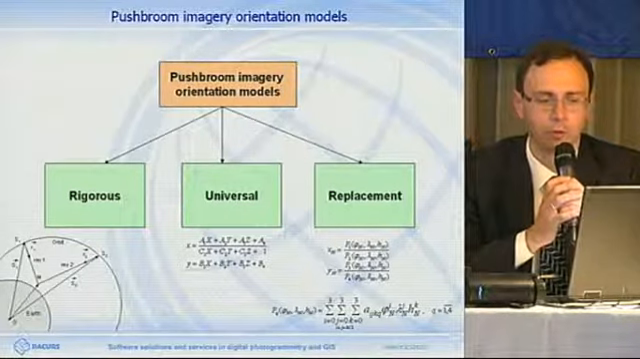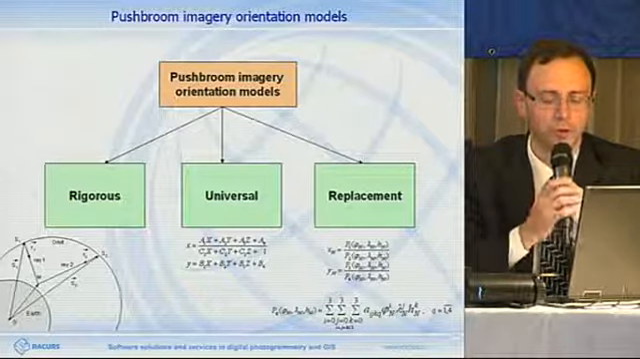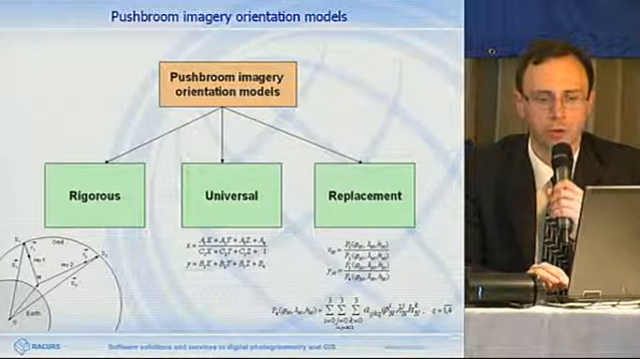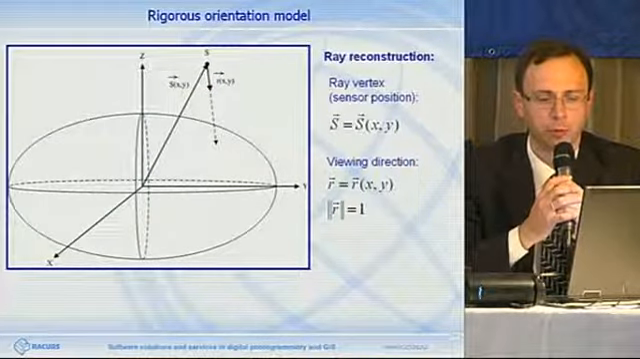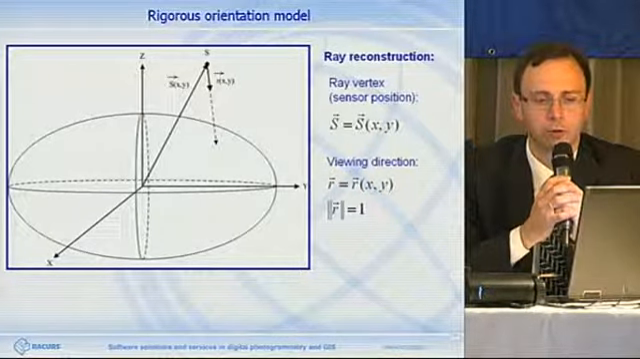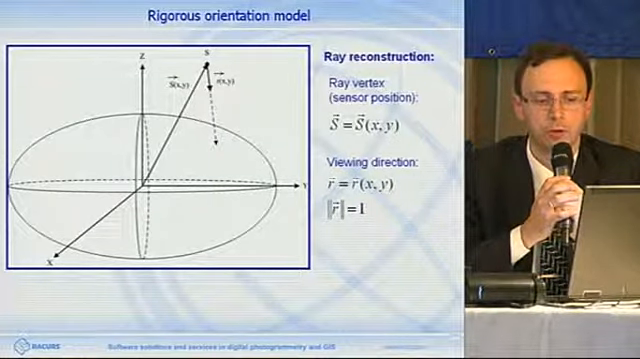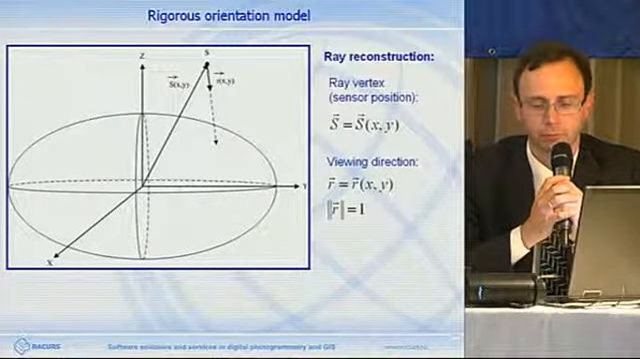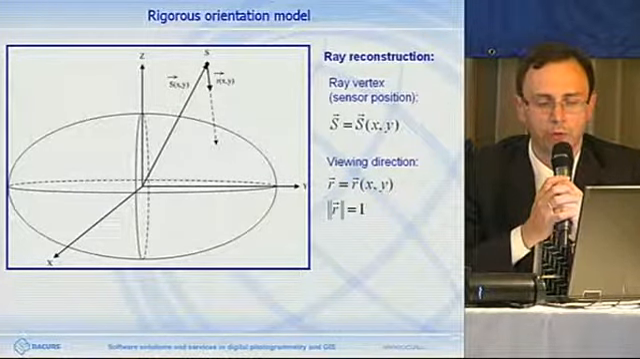All these models are traditionally split into three categories: rigorous model, or the one that Mikhail called physical, or full; universal model; and then replacing models which are usually RPC based, like an approximation of the rigorous model. Rigorous model is a reconstitution of the configuration or directions of rays that the image is made up of. It gives a maximum accuracy of image orientation. The main restriction or limitation to its use is the availability of all the necessary information and metadata, like the